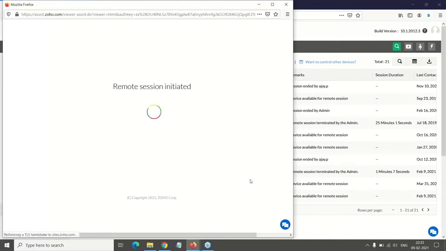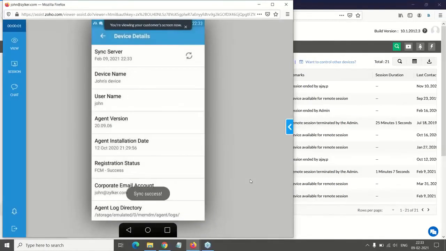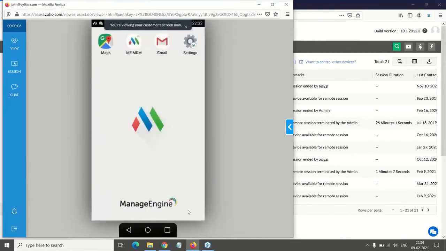So the remote session is getting initiated. And you're able to see the device screen here. As you see, the device is in kiosk mode right now, meaning only selected applications are available.